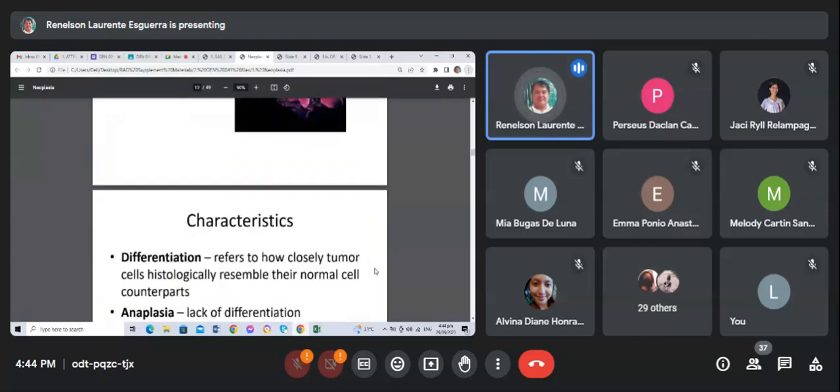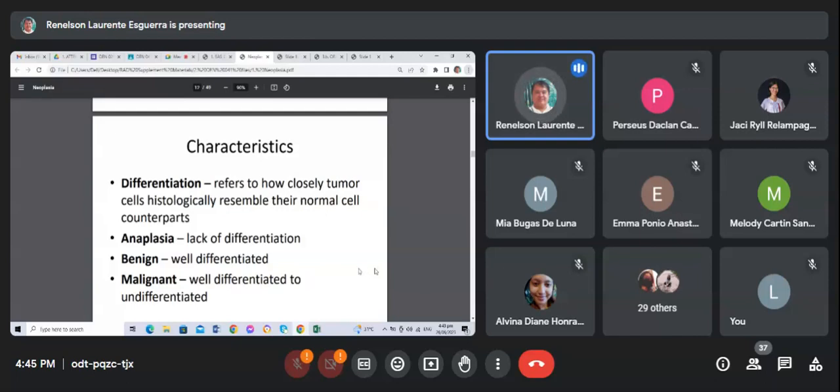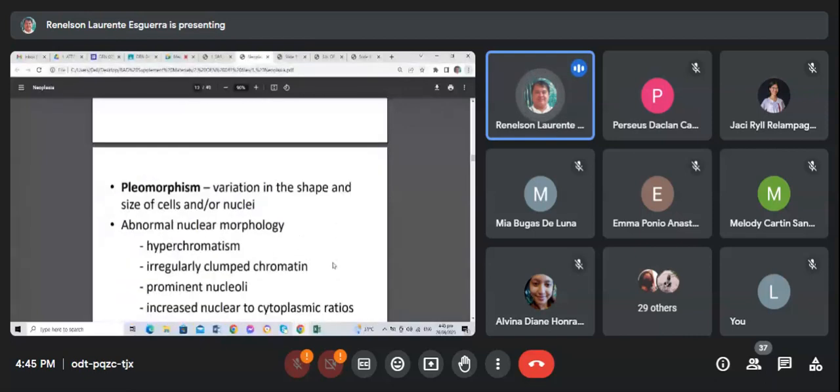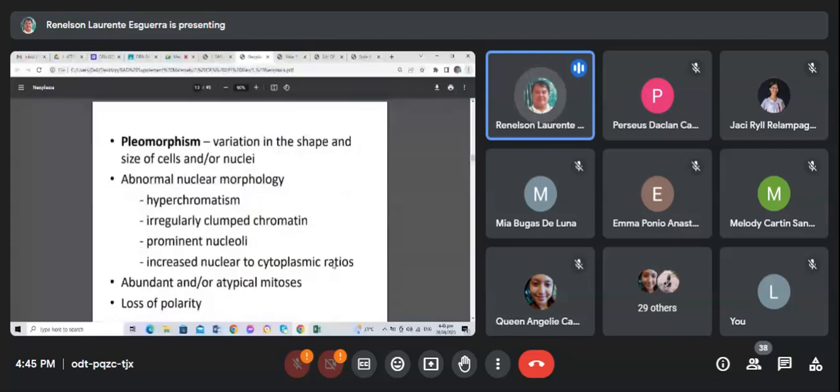So you have characteristics of differentiation. The differentiation here refers to how closely tumor cells resemble the normal cell counterparts. You have anaplasia, lack of differentiation, a malignant characteristic. You have pleomorphism, variation in the shape and size of cells and of the nuclei. Then you have abnormal nuclei, hyperchromatism, or an increase in uptake of the stain. You have irregular clumping of chromatin, prominent nucleoli, increased nuclear to cytoplasmic ratios, abundant or atypical mitosis,